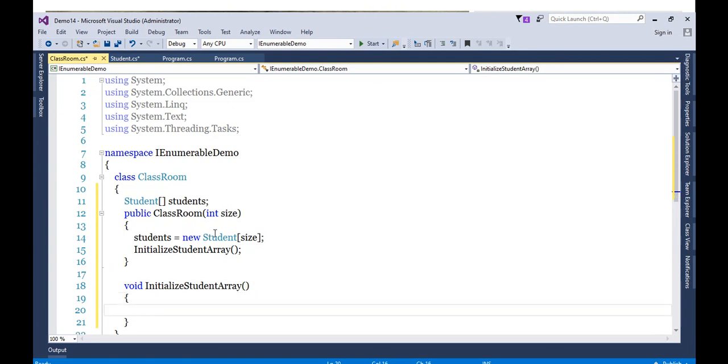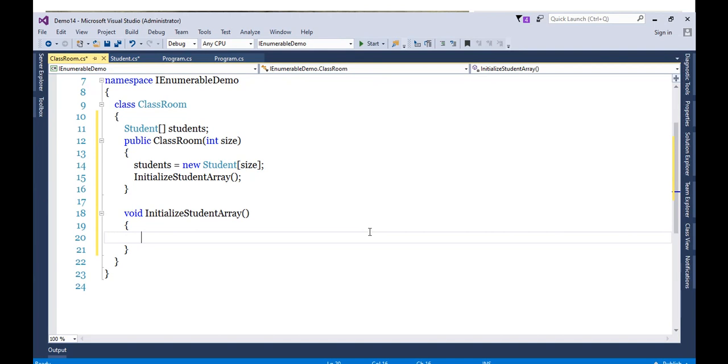Okay, let's initialize the array here. So already the student array is created, and the size is fixed. Now let's initialize the array. So how are you going to initialize the array?